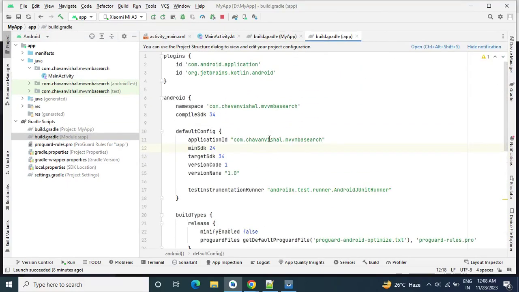Okay. So in this video, if I type each and every line of code, then the video duration will get increased. Therefore, to save time, I have prepared a few lines of code in my notepad++ file. I will copy and paste the code from the notepad file into our project. So let's start.